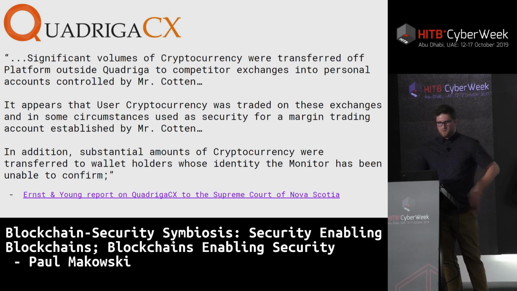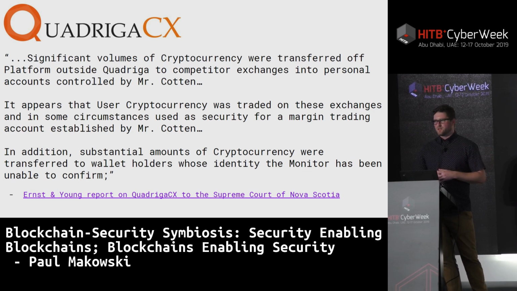This one, so there's some that get hacked, and then there's others that just exit scam. So this was a Canadian exchange where the CEO was the only one that held the private keys for the exchange wallets. And so he mysteriously disappeared. Some people claimed he died. But it was investigated by Ernst & Young along with the Canadian authorities, and they found that the exchanges,